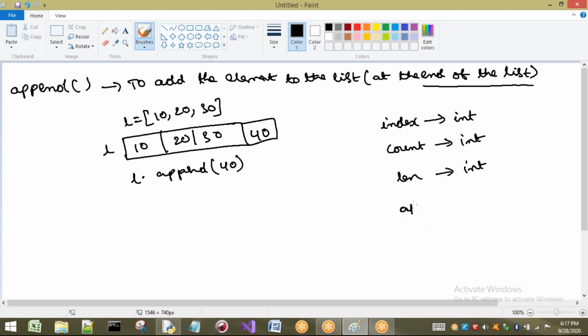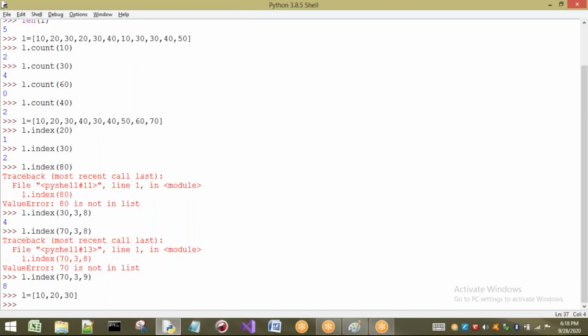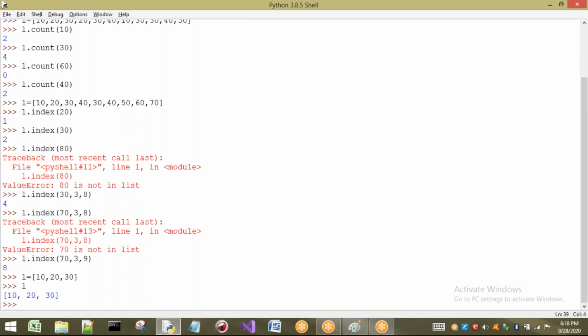So I will show you the None value also. If I use this append method, it is returning None. If it is not going to return anything, it is going to return the None value. I will take a list of elements and show you how to append values into the list. So I'm going to take three values in a list. I want to append a value, but before appending, I want to show you the list. It is going to contain only three values, 10, 20, 30. Now I want to append the 40 value to my list. So here directly we can give it in this way.